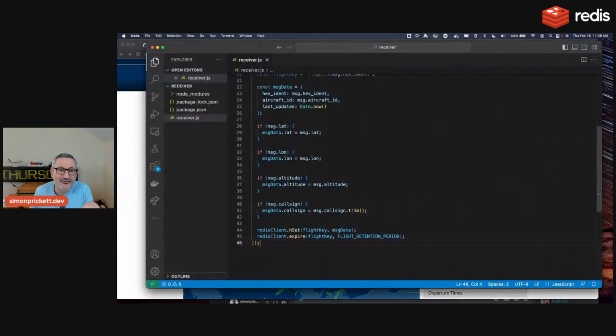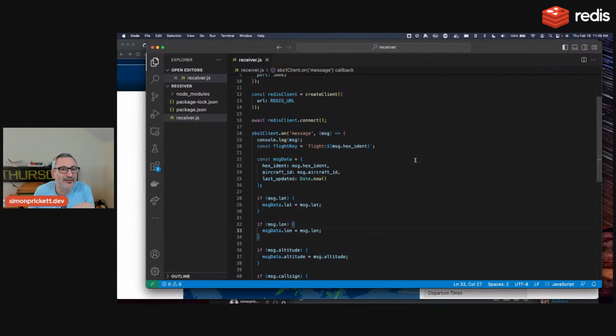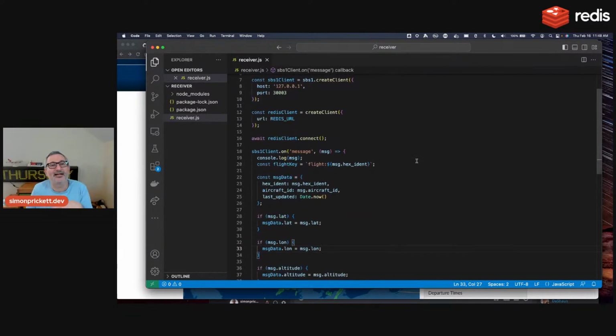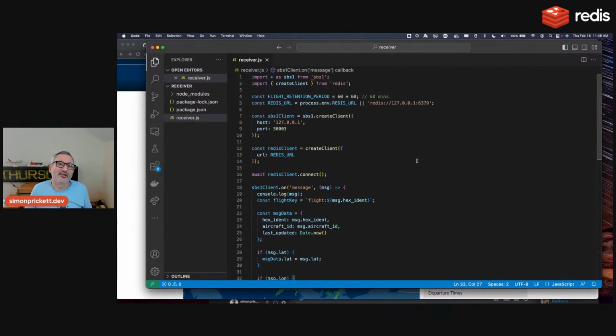And the other thing I'll do is I will put this code into a GitHub repo, and I will probably tidy this up so that these values are also in a secret like this, so that we're making things a bit more configurable, and maybe do the flight retention period as well. But I'll tidy it up a little bit, put it in a GitHub, and then what we're going to do on the next